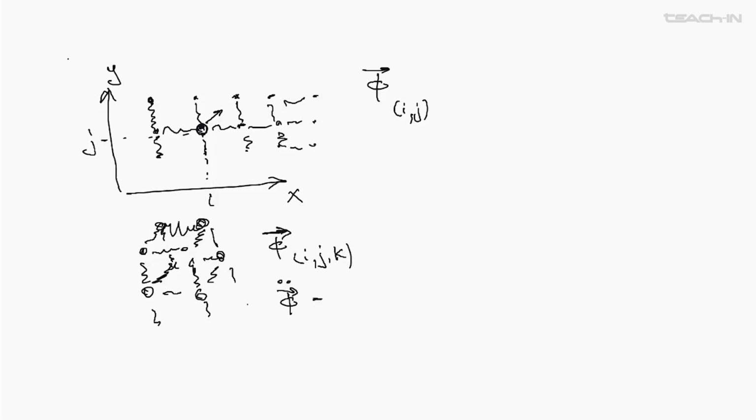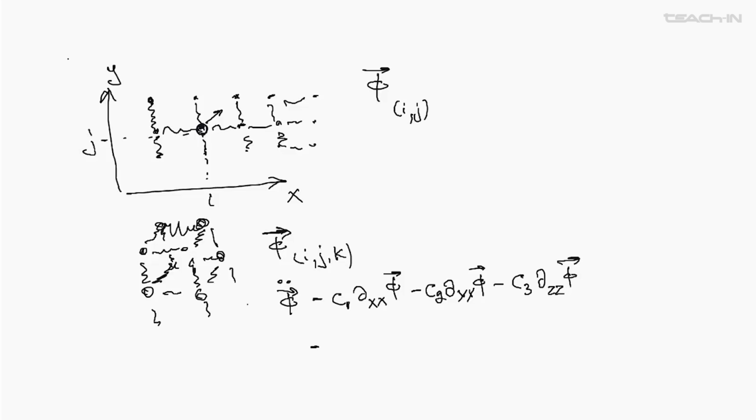Then there will be coefficient C1, second derivative in the direction x of this vector phi. Then there will be C2, second derivative in the y direction of phi, minus C3, second derivative in the z direction of phi,